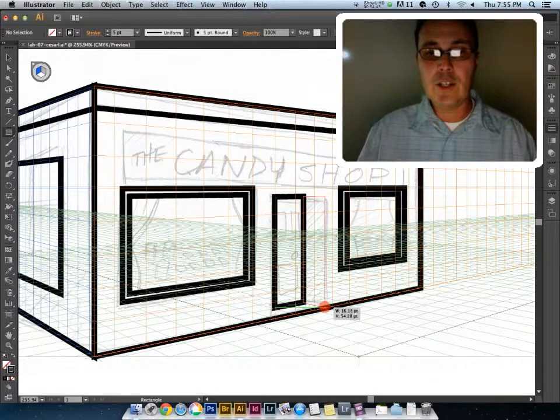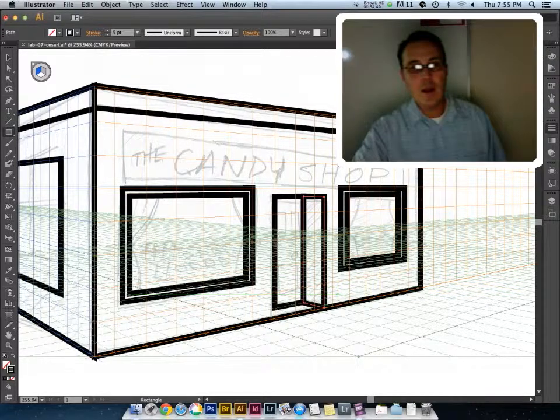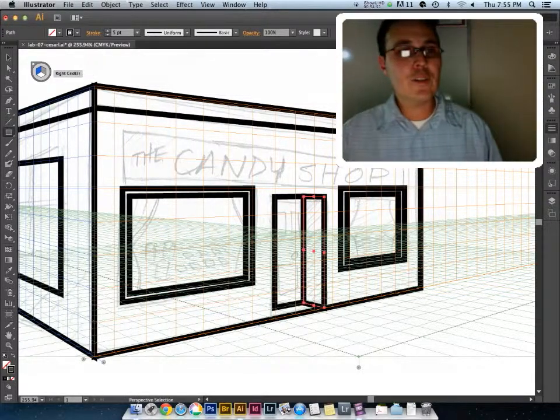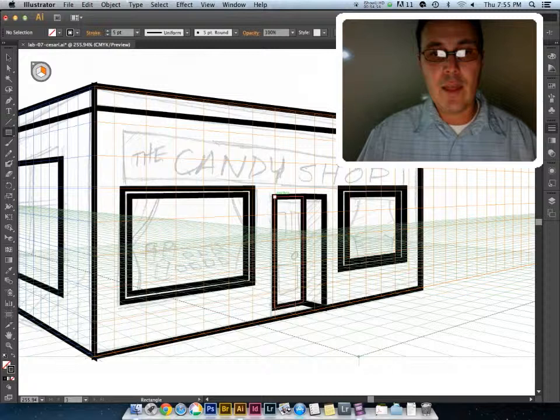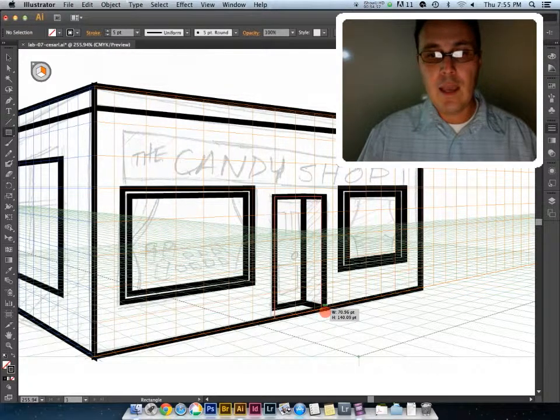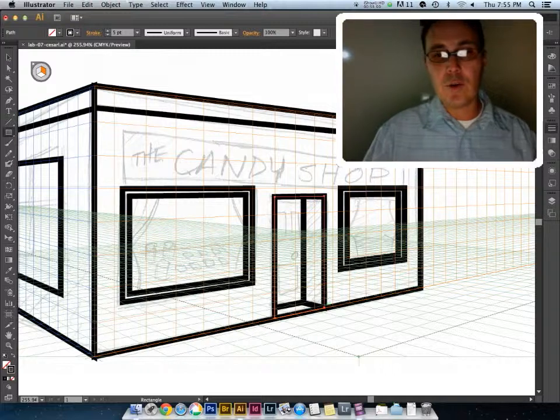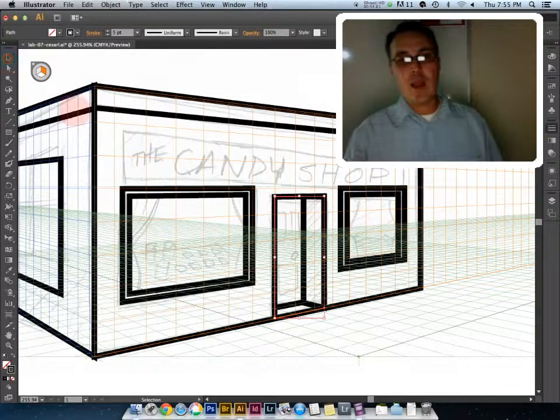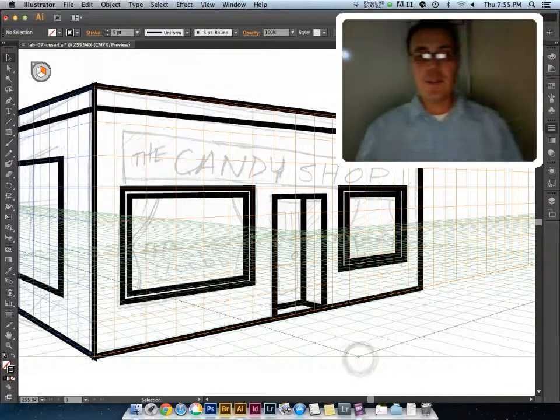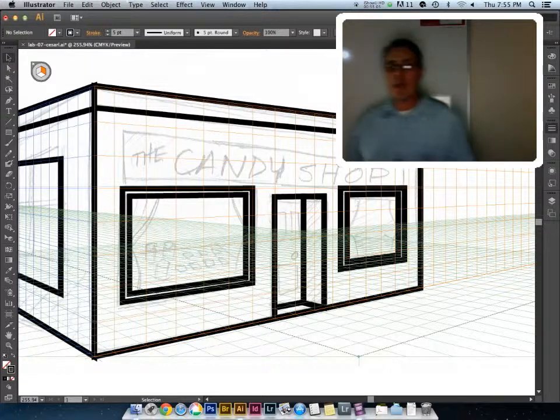And now I should have that going on there. Now, switching back over to the right grid, I'm going to draw the exterior doorway. And I'm having you do the exterior doorway so that you can play around with all of these different shapes in your own design to apply